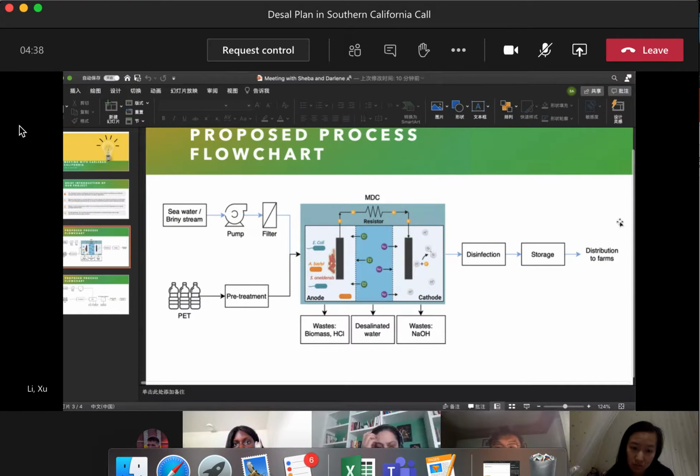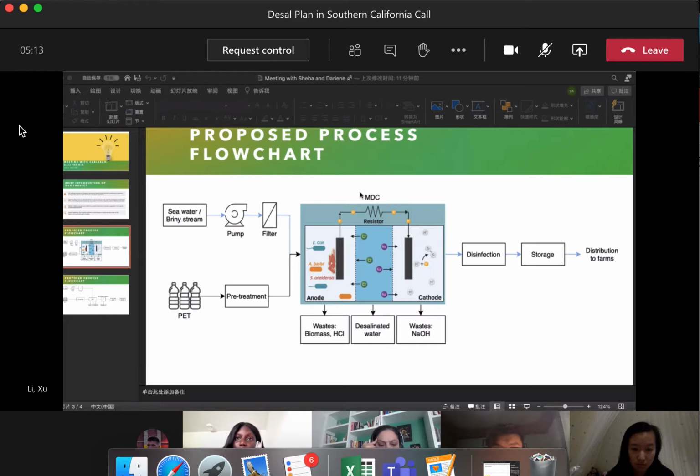Yeah, that's a good question, and I think that question is a main question for our modeling group. So Ladi, maybe do you have any modeling data for the questions that Sheba just asked us? Our modeling group has unfortunately not been able to get any specific data on the power output of this microbial desalination cell, and this is something that we're working on to get some results on later on within a month or so.